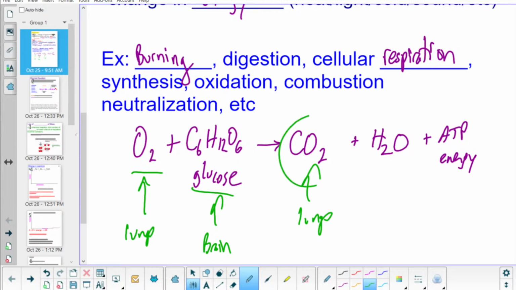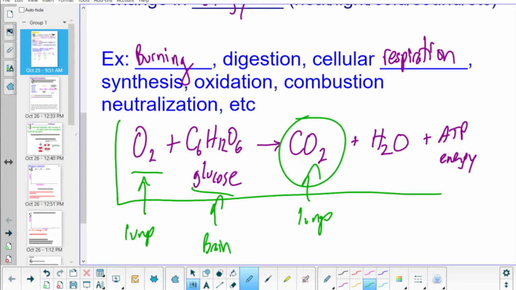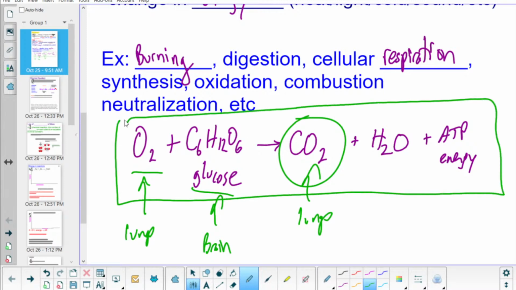Because you're constantly producing CO2, your body is constantly becoming more acidic, which means you need your kidneys to keep that in check. If you've ever heard of diets that are called alkaline diets or acidic diets, you can ignore all of those. That's what your kidneys do. They do it really well. You don't need a special diet to be able to. If you did, you would die every time you ate a lemon because the acidity would kill you. All your organ systems, I actually can't really think of one that isn't dependent on this, and this is all just going on in your mitochondria.